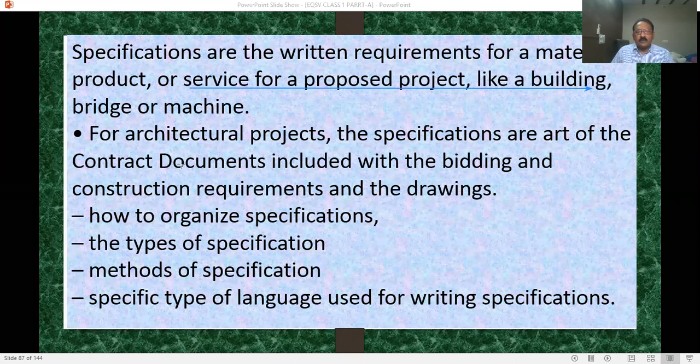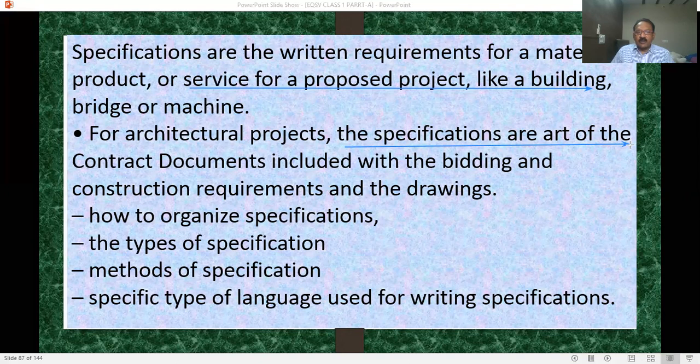Generally, this is very useful in contract documents, architectural projects. Specifications are part of the contract documents included with the bidding and construction requirements and the drawings.